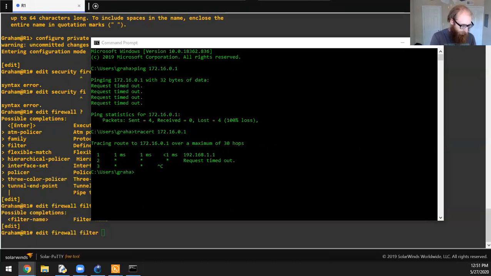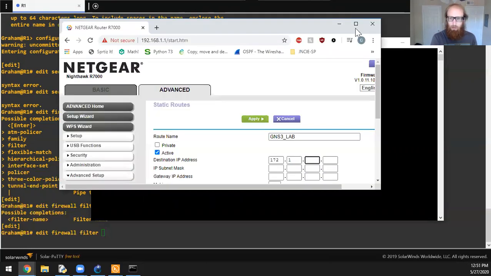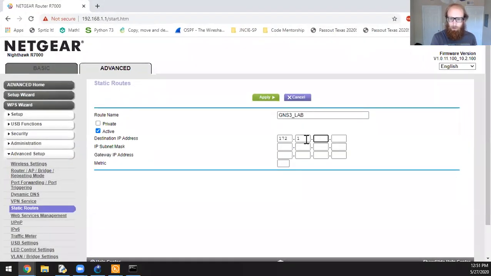I can show this; there's nothing that I need to keep hidden on this page. Subnet mask is going to be 255.255.255.248. And the gateway,